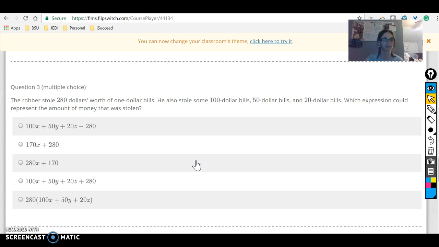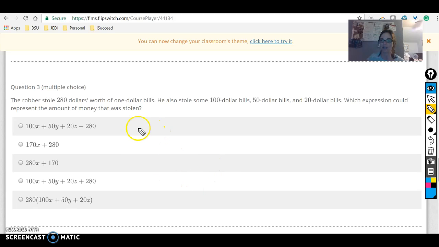Okay, the robber stole $280 worth of $1 bills. He stole some $100 bills, $50 bills, and $20 bills. So which expression could represent the amount of money that was stolen? So we know that 280 is going to be a constant, right? Because it's $1 bills. So 280 has to be our constant. The other thing that we know is that it has to be added. So if I'm looking at my possible answers, I know that I have to be adding